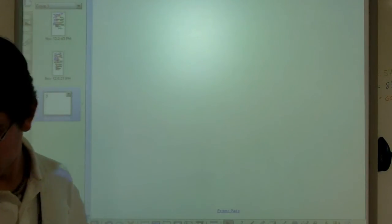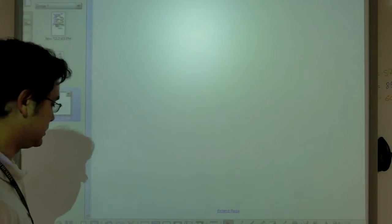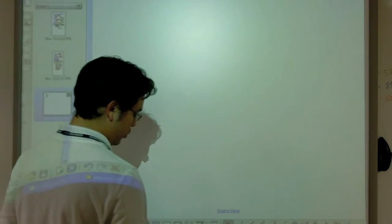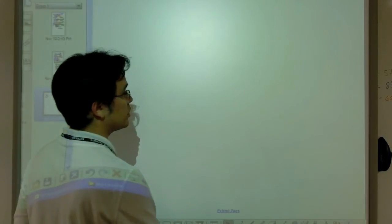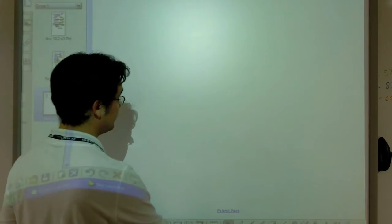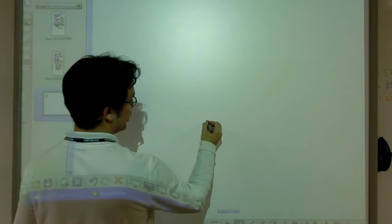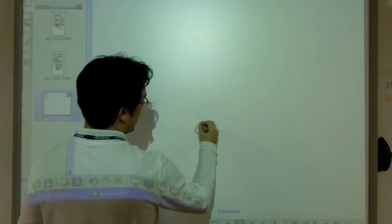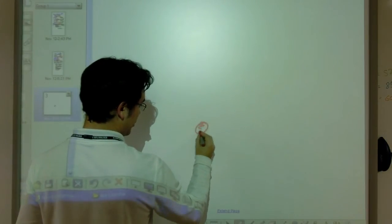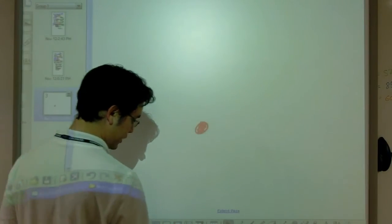Okay, so we're going to take a look at a much more complicated problem this time. It's the sort of thing that you want to keep track of. We're going to deal with two billiard balls, and we're going to deal with conservation of momentum in 2 dimensions. Okay? So I'm going to start off. I'll draw this out, and then we'll switch over to another slide so that we can go back to our picture as needed. I've got a red billiard ball here, possibly a 3-ball, and it is going to collide with